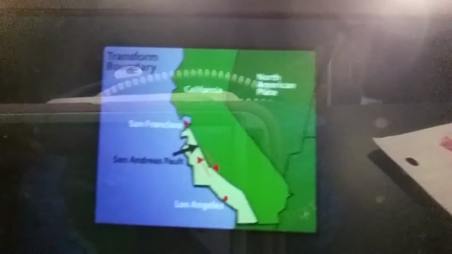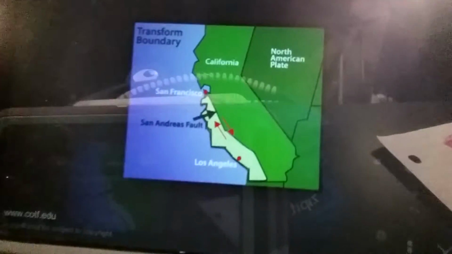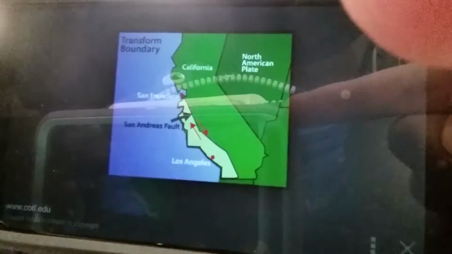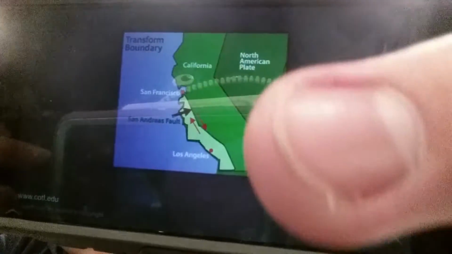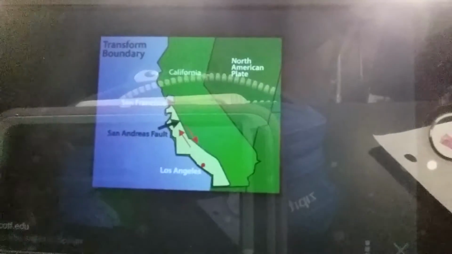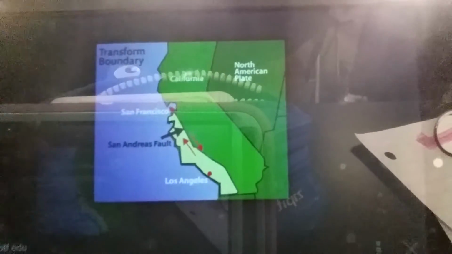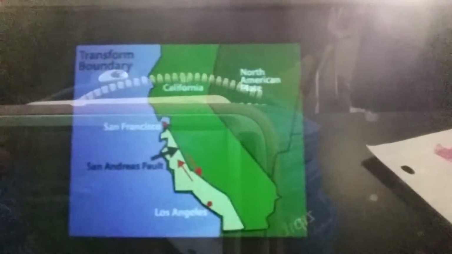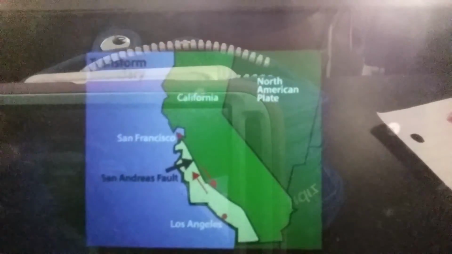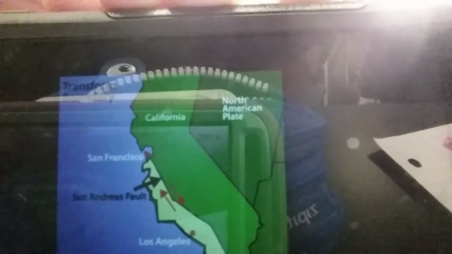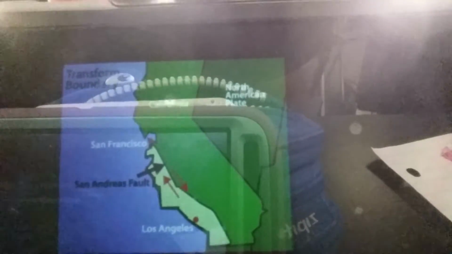And this is a picture of the San Andreas Fault. Like, you see the arrows, that's the transform plate boundary, and right there, like where the light green is, that's the plate off of California, like the plate that is sliding against California, which is in the North American plate. And that's why earthquakes mostly happen in California, because the plates are moving the opposite side and sliding towards each other. Well, at least in the USA.